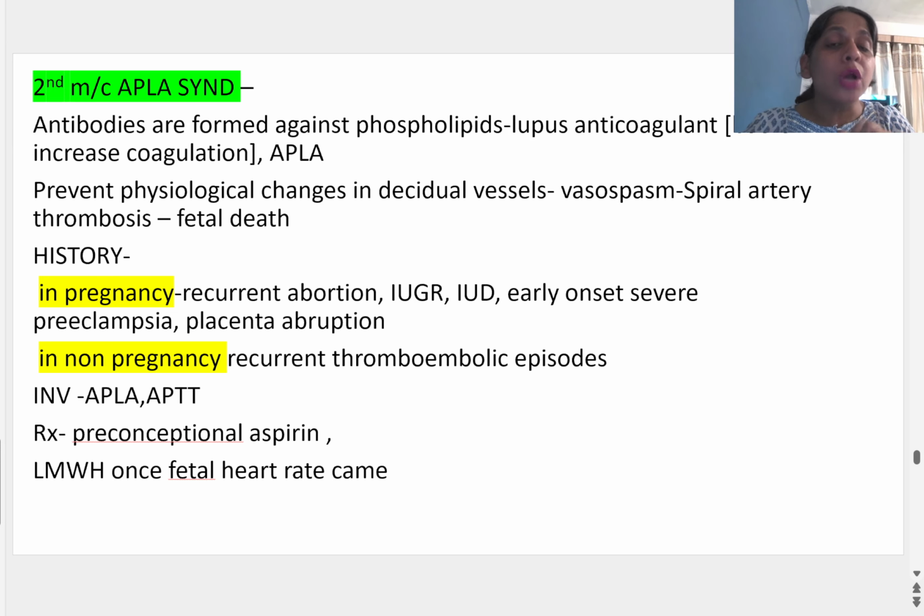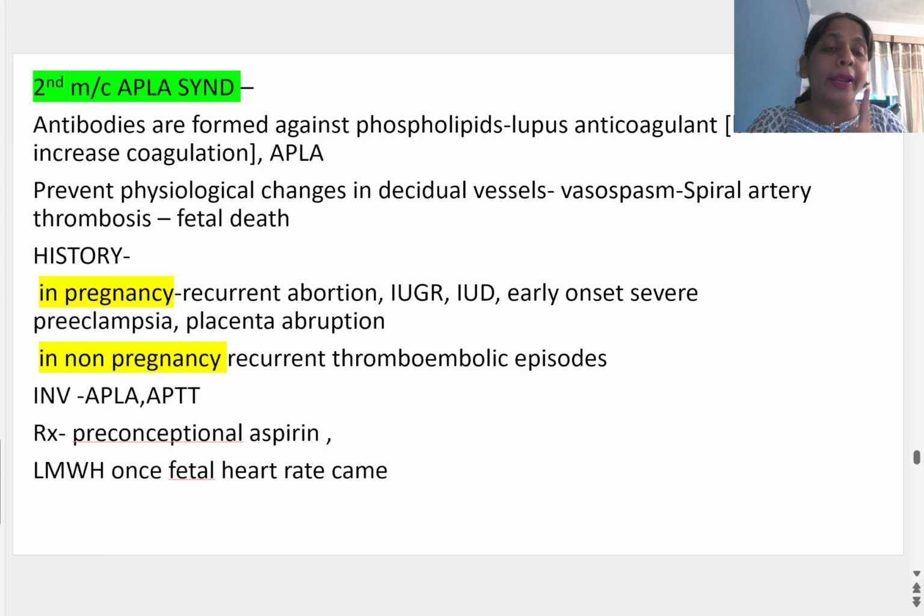इसमें स्पाइरल आर्टरीज जो प्लेसेंटा को सप्लाई करती हैं, यूट्रस की आर्टरी, उसके अंदर थ्रोम्बोसिस हो जाता है, तो इसलिए बच्चे को ब्लड नहीं जाता, क्योंकि स्पाइरल आर्टरी से ही बच्चे को ब्लड जाना होता है। तो बच्चे को ऑक्सीजनेटेड ब्लड नहीं मिलता, तो बच्चे की डेथ हो जाती है ड्यू टू हाइपोक्सिया। हिस्ट्री से हमें पता चलता है, वो बोलेगी मेरे रिकरेंट अबॉर्शंस हो रहे हैं। IUGR हो जाता है, अनएक्सप्लेन्ड कॉज। IUD हो जाती है, सडन अर्ली ऑनसेट सीवियर प्री एक्लेंप्सिया हो जाता है, प्लेसेंटल एब्रप्शन हो जाता है। सो दीज आर ऑल द कॉजेज इन प्रेगनेंसी। इन नॉन प्रेग्नेंट फीमेल, अपला सिंड्रोम रिकरेंट थ्रोम्बो एम्बोलिक एपिसोड्स करता है, ठीक है।